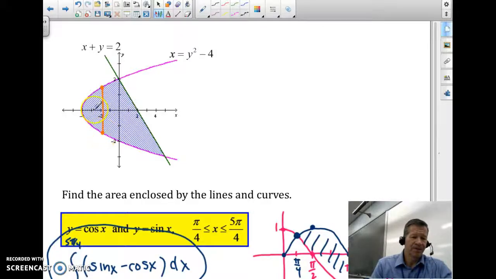Now, this region has an upper boundary on the parabola, but the lower boundary is the bottom part of the parabola. Now that's true until I get to the y-axis. From that point, this line becomes the upper margin of the region, and the bottom half of the parabola becomes the lower boundary of the region. So one way I can do this, and I would consider this to be a more difficult way, is to integrate from, it appears that this vertex is at -4, 0, and then this intersection here is at 0, 2. I could go from -4 to 0